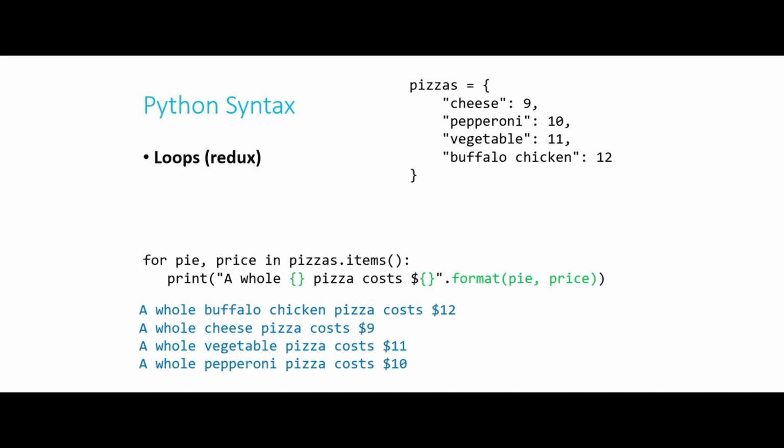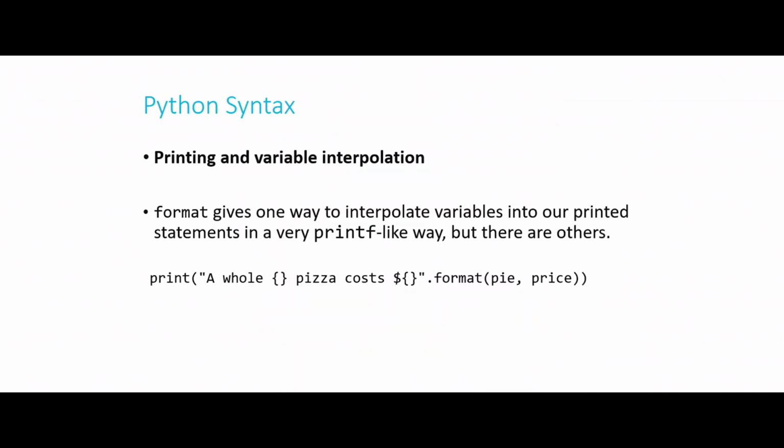So that's how I can iterate over an entire dictionary, printing out all of its elements, again with the caveat that it's not ordered, so I'm not guaranteed to get them in exactly the same order I put them in. But again, that trade-off is probably going to be worth it most of the time. So now we've seen a lot of examples of this, how to interpolate variables similar to printf, where we would use % substitution. In Python, we've seen this one quite a few times.